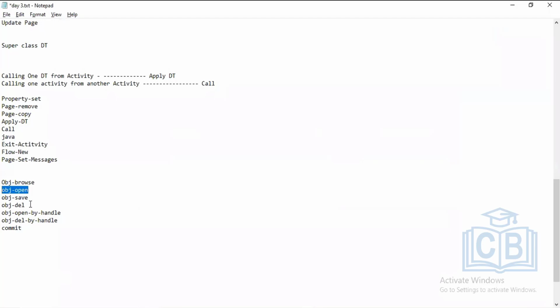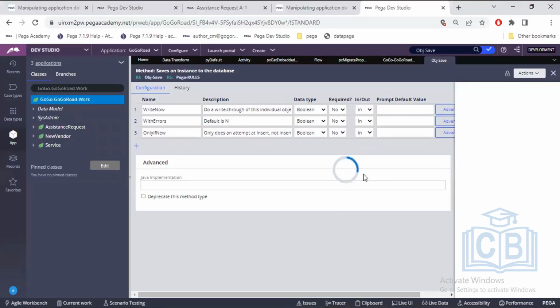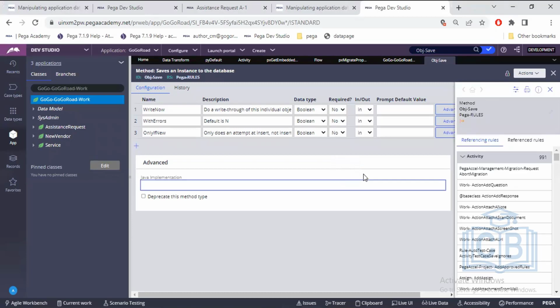Obj browse, obj save, and we have obj delete. If you want to delete any particular record in a database, then also first you have to open it. Whatever the modification you are doing, you have to open it. After opening only, you have to do the modifications. Let me open